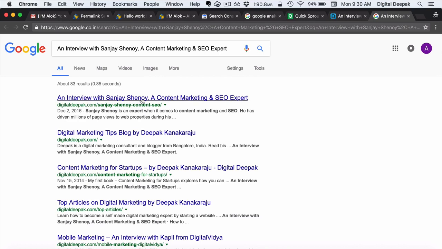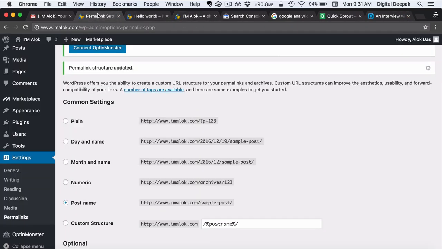So Google bolds the keywords in the text here so that the click-through rate increases. So whatever words are here, you can see that those words are in bold. So this is very important for SEO. So make sure that you have a proper permalink structure, and this is also something that you should never change once it has been set up.